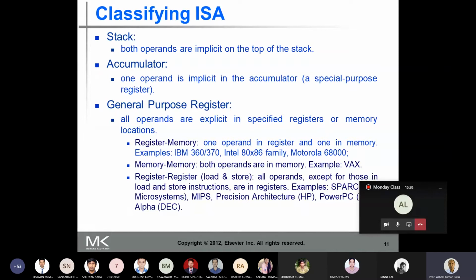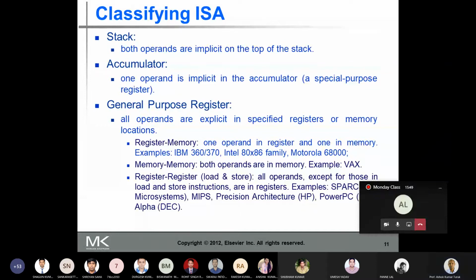Load and store are the only two instructions where memory is involved, and in no other instruction is memory involved. Examples are the SPARC, the MIPS, Precision Architecture, and the PowerPC, and all of these belong to the load and store architecture.